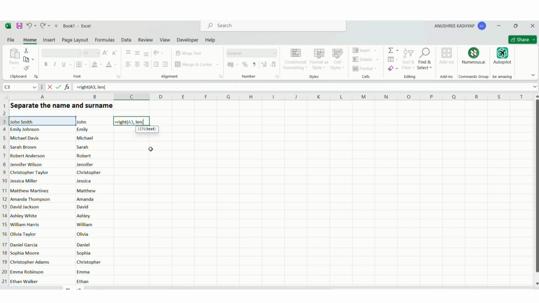The length function returns the overall number of characters of the A3 cell. What is text here? Again it is A3, and just use this. Then we will use minus and then the find function. Why the find function? Because we have to find the right portion of the A3 cell, which is the surname, which is Smith. So find this. Use double quotation here